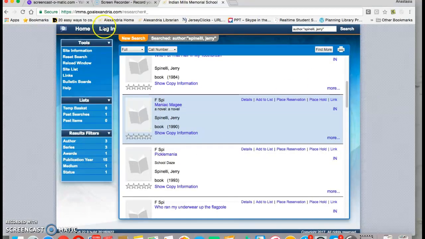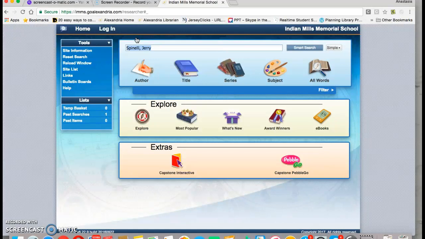To go back and do a new search, you just click on New Search. It's highlighted in orange to make it super easy to find that. You can either start typing or you can press the delete key to get rid of your last search. So if I wanted to see if we had the book Divergent, I would just type in Divergent,